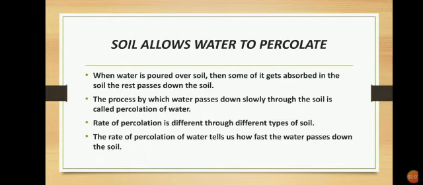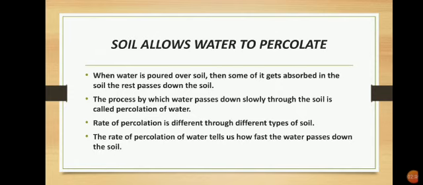When you were putting dry soil into it and pouring the water from the measuring cylinder onto the soil, then after a certain time, after absorbing a certain amount of water, the water starts dripping from the lower end of the funnel. Why does it start dripping from the lower end of the funnel? Because at that time the water was percolating: some of the water was absorbed by the soil as per its absorbing capacity, and the rest of the water was percolating down,